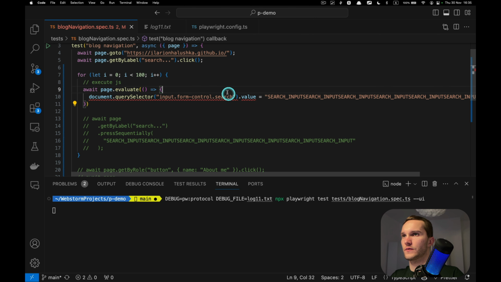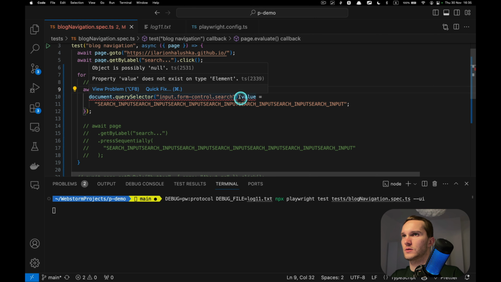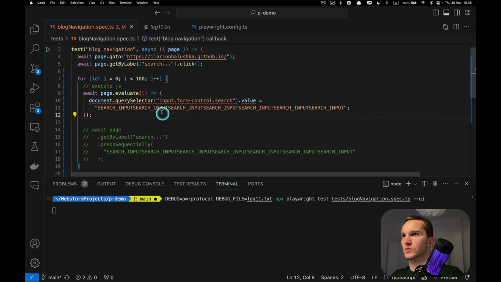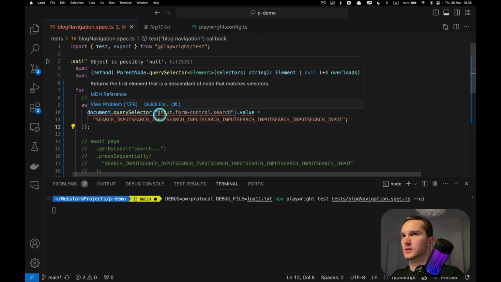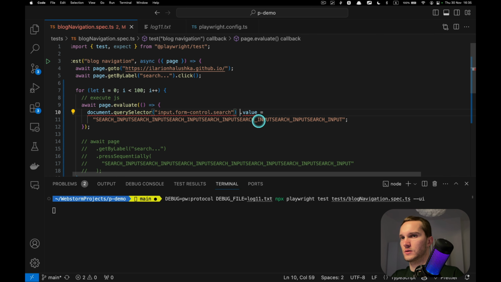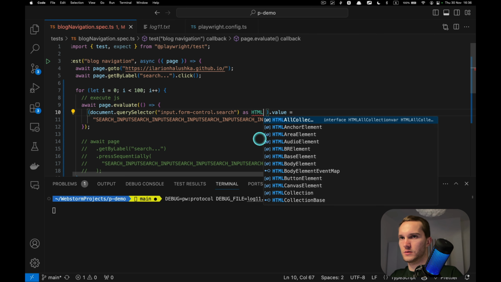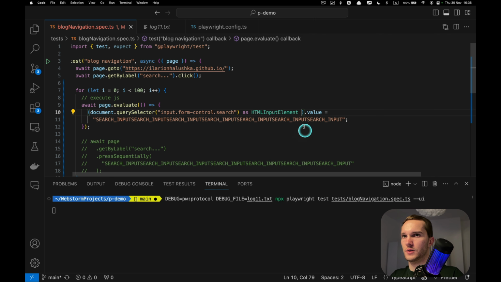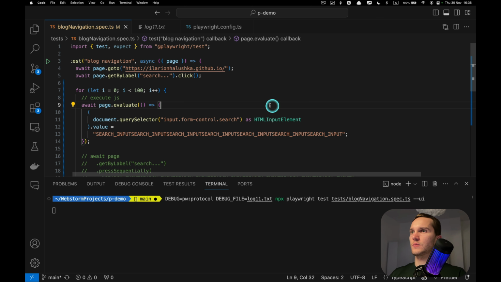Document query selector value. That should work. It complains that it doesn't have the click, but we can fix it like this. As what is HTML? Do we have input? Input element. All right, this should work.